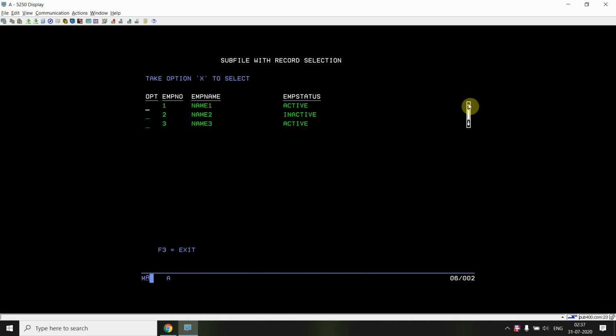But if I press on these arrows, I will be scrolling only one record at a time. Okay, but on the web this scroll bar behaves the same as page up or page down. So whenever we click on these two arrows, we will be moving up one page or down one page on the subfile on the web.